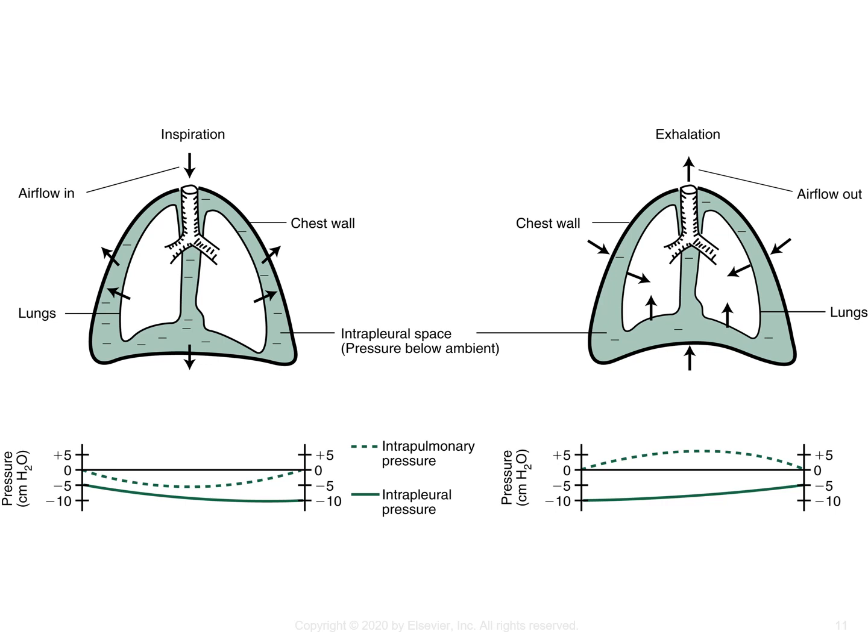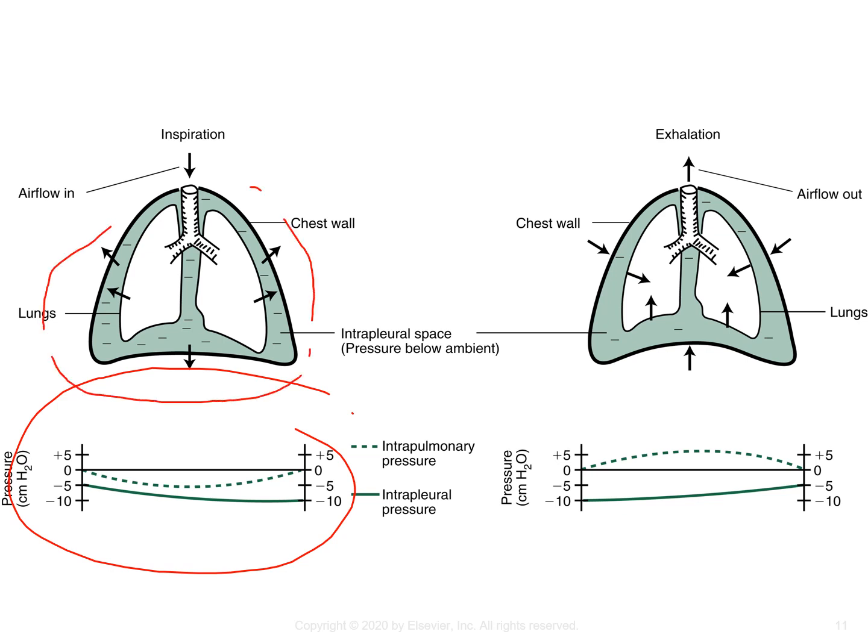And this is a picture directly from your book, and this is just breaking down everything we've talked about. When we're breathing in, we're going to have a negative pressure, right? We're going to have this negative pleural pressure here. And when the diaphragm contracts, we're going to increase the space of that pleural space, which then creates more suction in the pleural space. That's going to suck open or pull open the alveoli. It's going to pull open the lung tissue. Once that does happen, then we're going to have less alveolar pressure than atmospheric pressure,